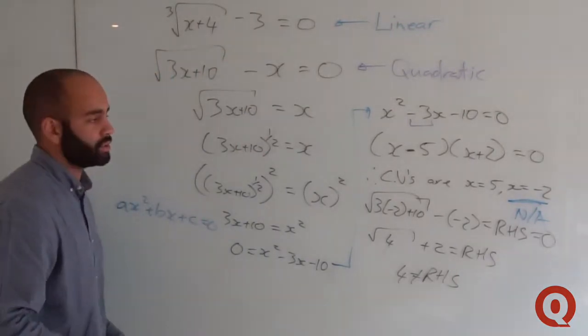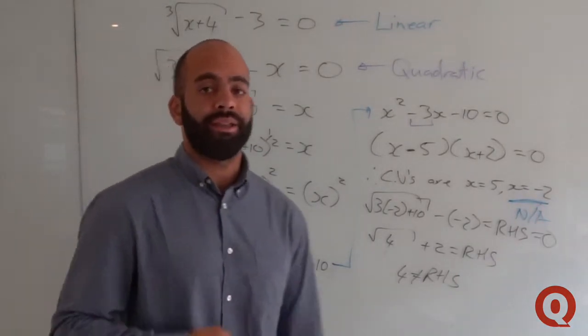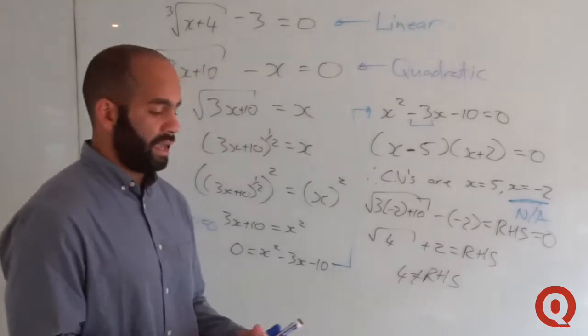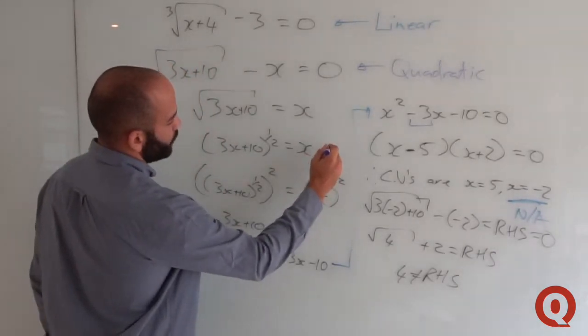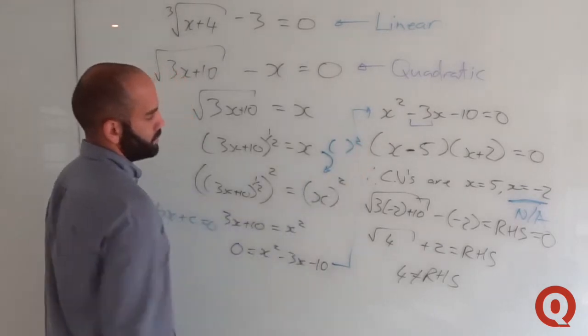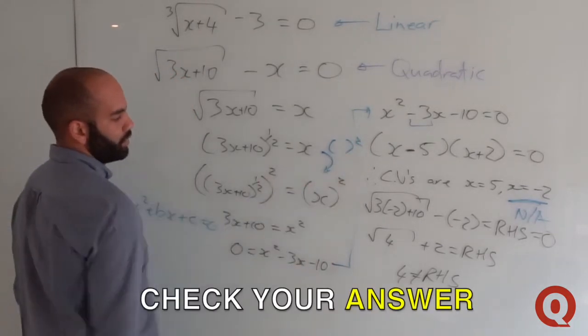So in surd equations, always make sure in the fourth step that you check your answer. And this also changes after squaring both sides. That changes the nature of your